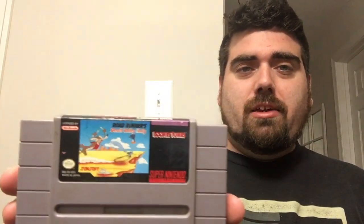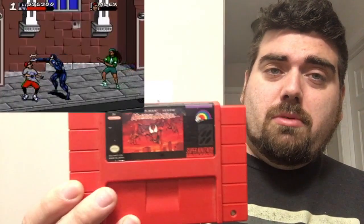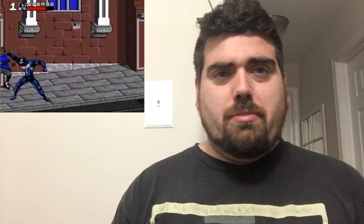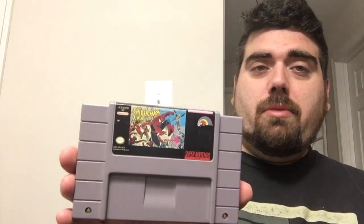Road Runner's Death Valley Rally. Romance of the Three Kingdoms 4. Wall of Fire. Samurai Showdown. Scooby-Doo Mystery, which is a little bit different game than the Genesis one. This is called Sink or Swim. We have Spider-Man and Venom: Maximum Carnage, one of those red cards. Still need to play that one. That's probably one of the best LJN games. Spider-Man and X-Men,